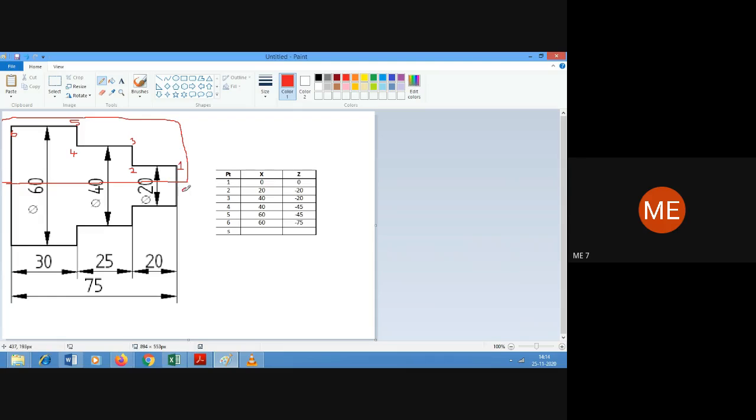Here we have 0, 0, then 1, 2, and this will be 3 and 4 and so on, right? We draw only one half of the diagram, and the other side we'll get as the mirror image when we do machining. That is the reason why they have taken only 10 as the x value for point number 2.